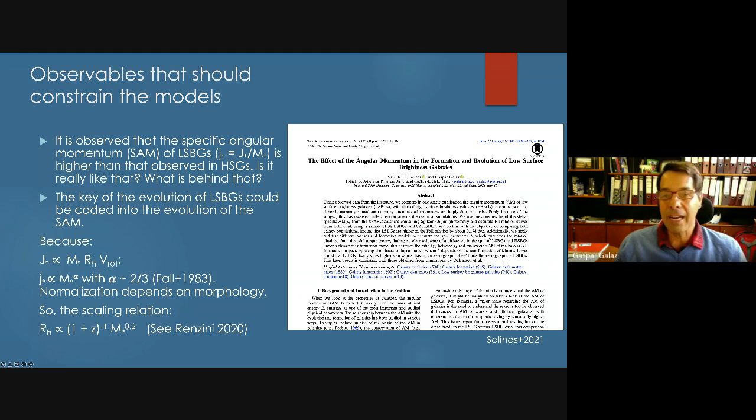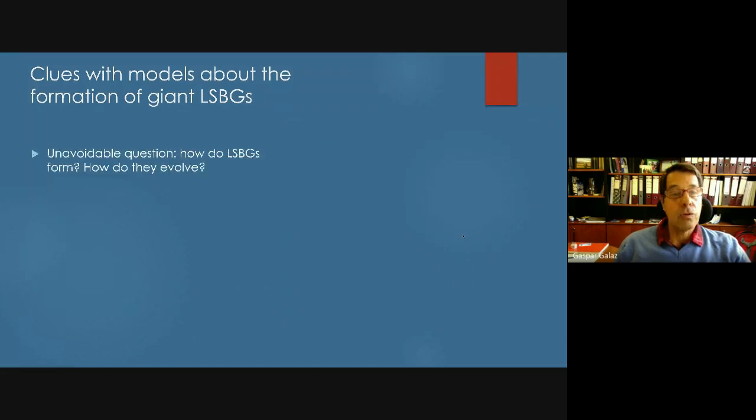But no one has done this before. In each publication you obtain that, but using different surveys and different computations, so it was not easy to uniform the things. But when you do that, you obtain that the angular momentum of LSBs is higher by about 0.17 dex compared to the angular momentum in normal spirals. Okay, so what next?